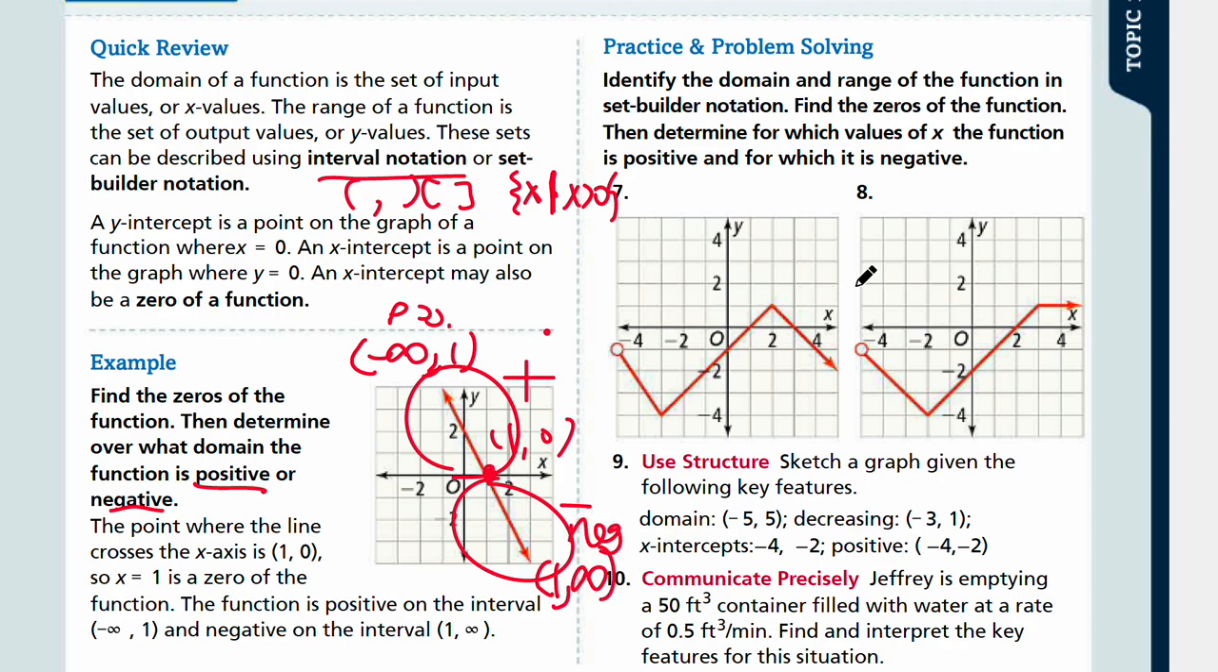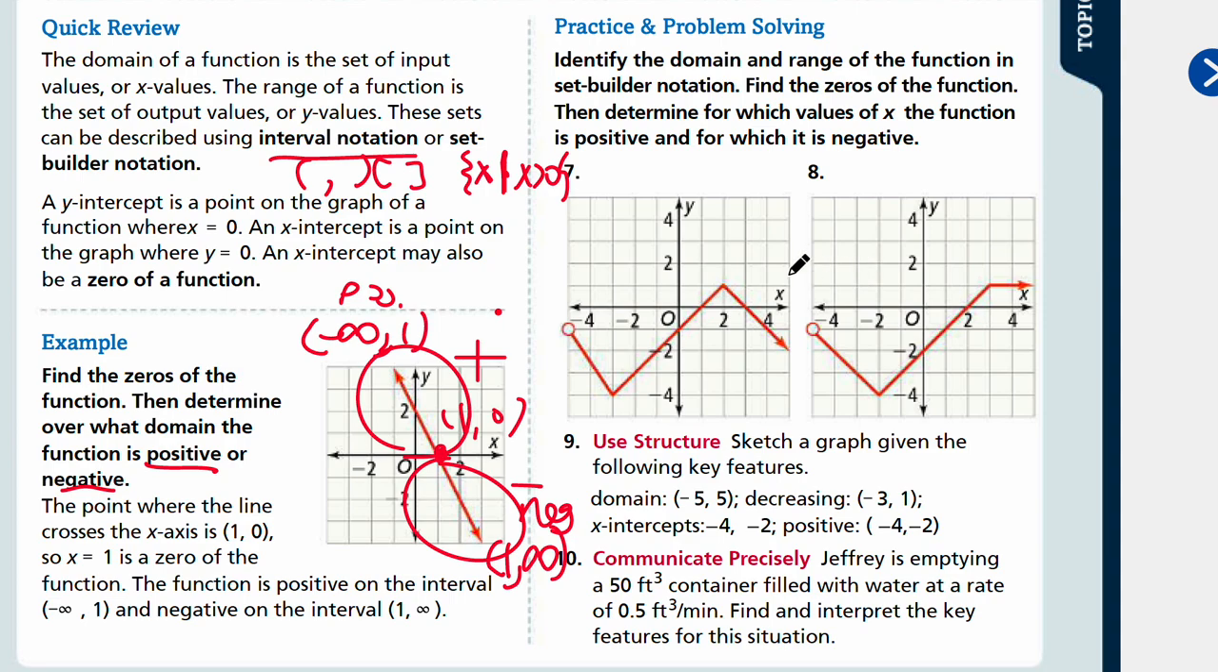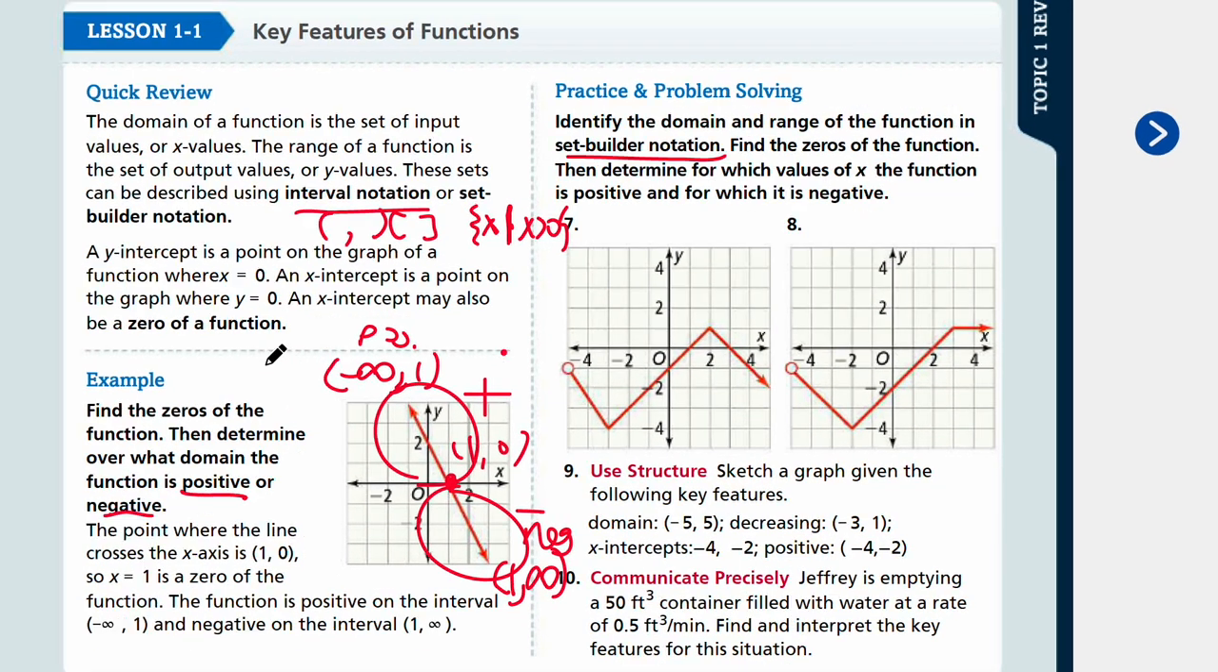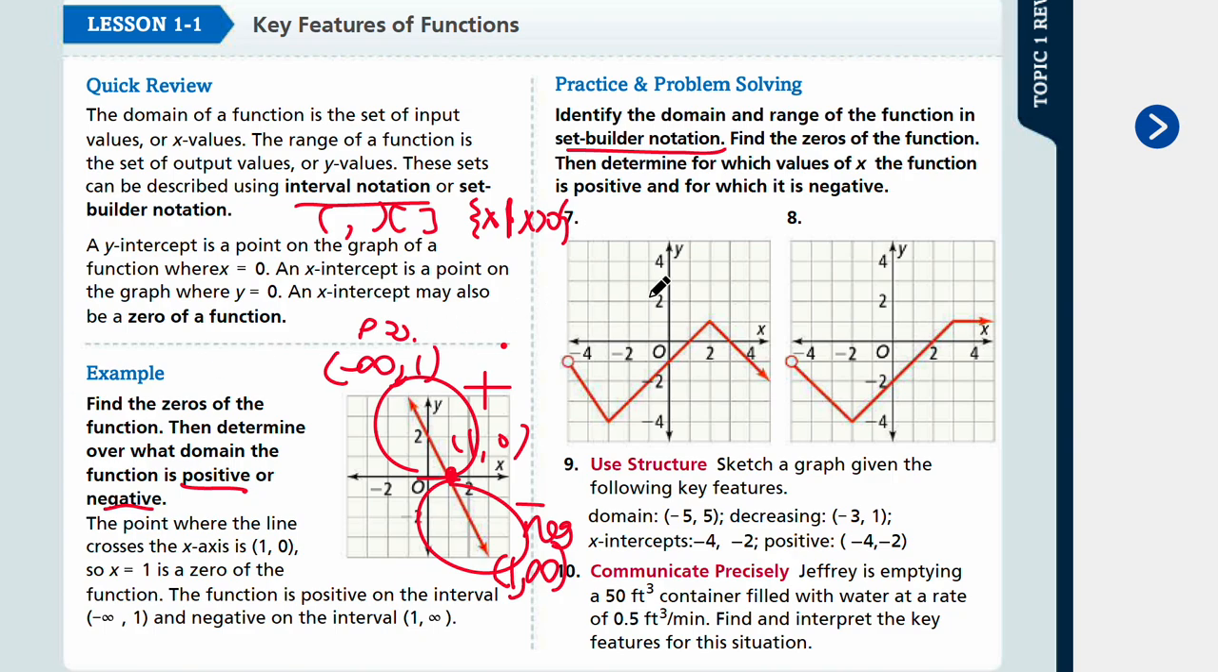So remembering our lesson 1, let's solve the practice and problem solving questions. Identify the domain and range of the function in set builder notation. Find the zeros of a function. Then determine for which values of x the function is positive and for which it is negative. So we're going to find all these key features of the graph. Let's look at number 7. We see a piecewise defined function